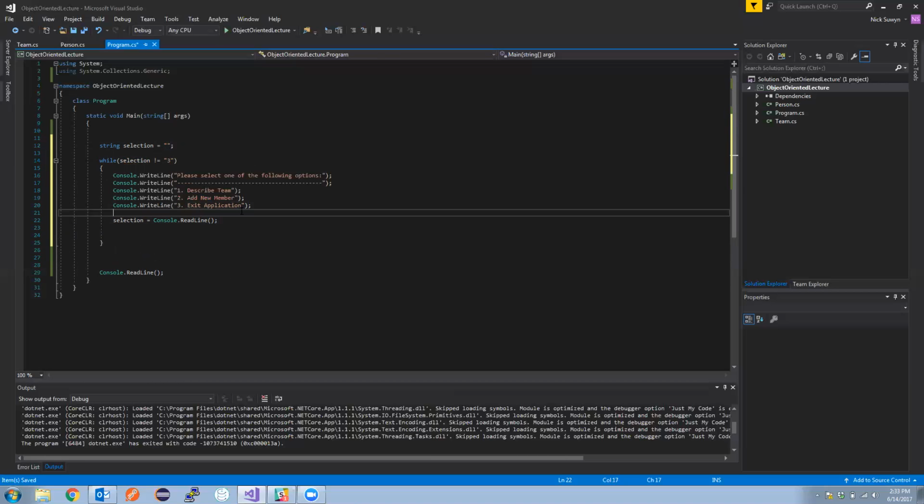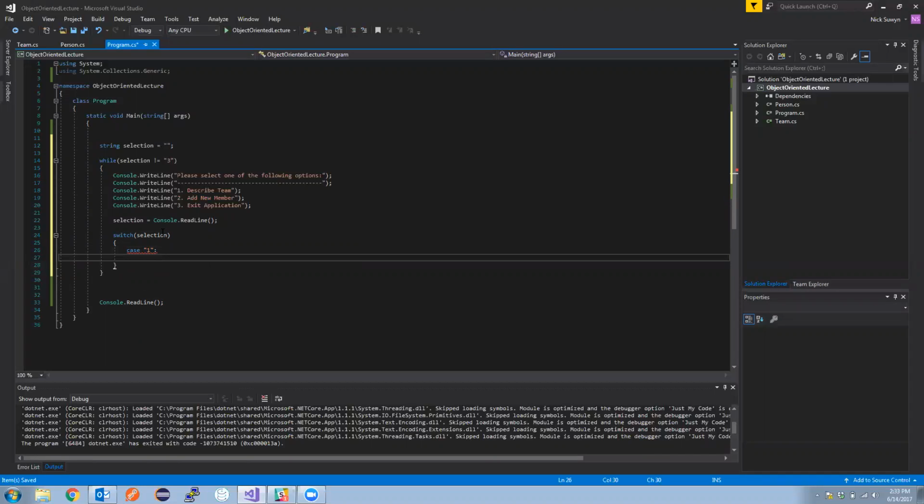Now what we can do is determine what was selected. So let's go ahead and say, let's use a switch here. Switch, what are we looking at? We're looking at our selection variable. And if, we'll use the case, if the case is 1, did I do that wrong? If the case is 1, then